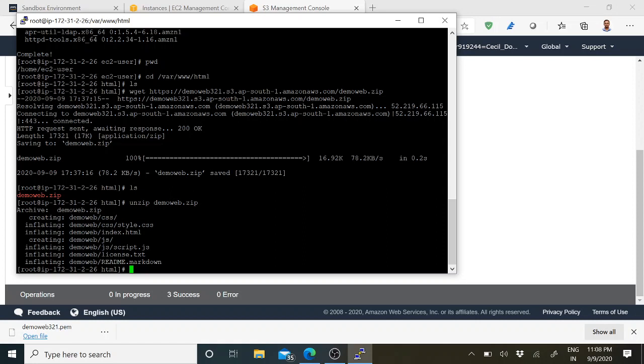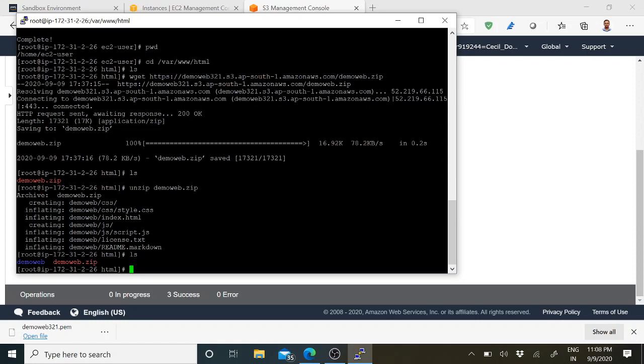Now let me show you the difference. Always a zip file will contain a folder inside another folder. So let me list it again. And now you can see that the blue color one denotes the folder which is available in the zip folder. Okay, so now we have done that. Now what we have to do is move all the files to the EC2.